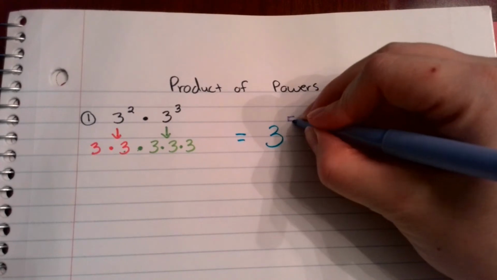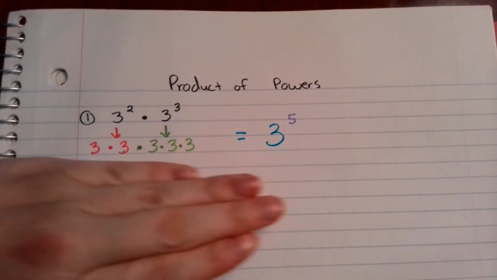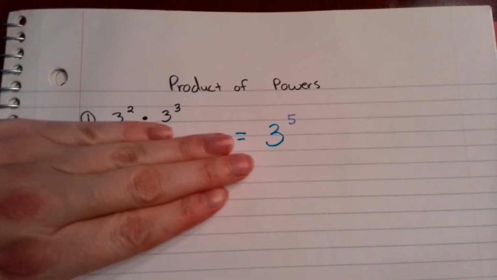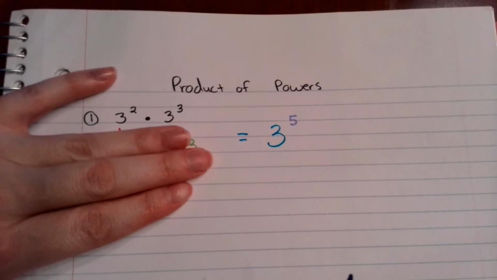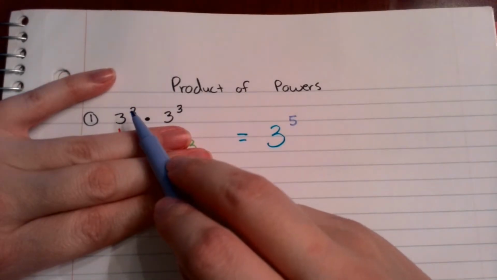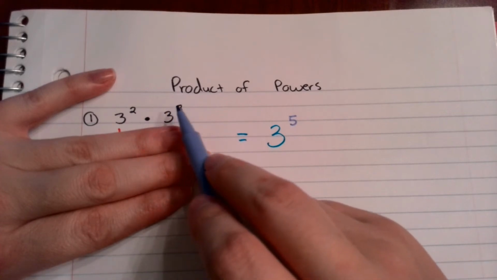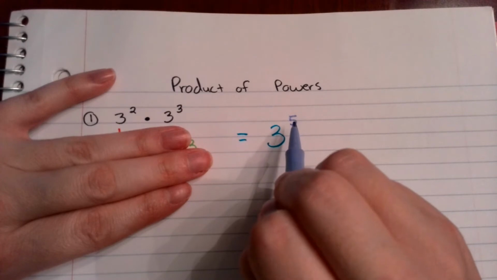Here's my exponent. It's a 5. Now, I broke it all down here, but what if I didn't want to break it down? Let's take a look at just the problem and see if we can figure out what the rule would be. If I have 3 to the second, and I'm multiplying it by 3 to the third, and I get 3 to the fifth,